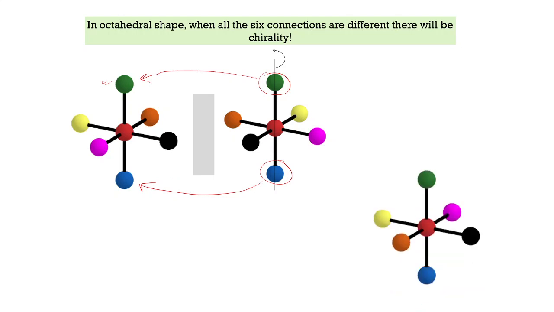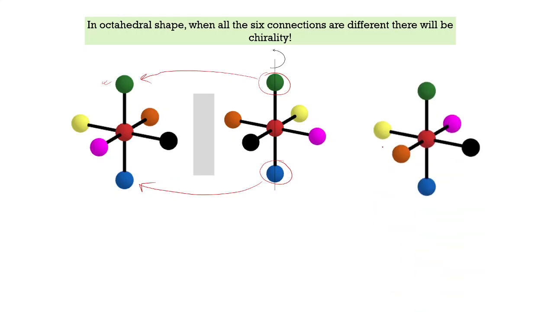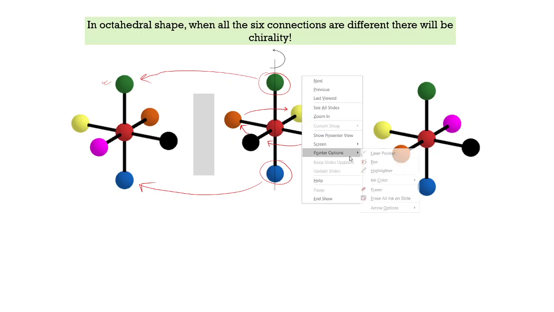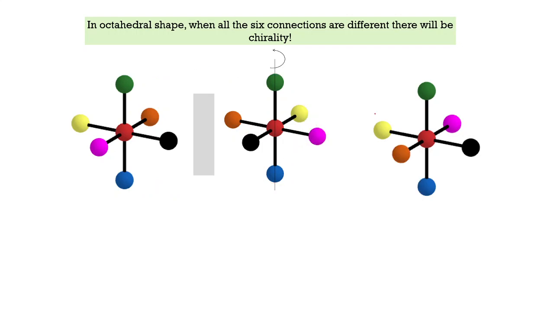And if I rotate, let's see which one I was trying to superimpose. I have rotated it like this. The yellow goes here and the orange is here and the black is here and the pink is there. And at this position now you can see that these are superimposed,